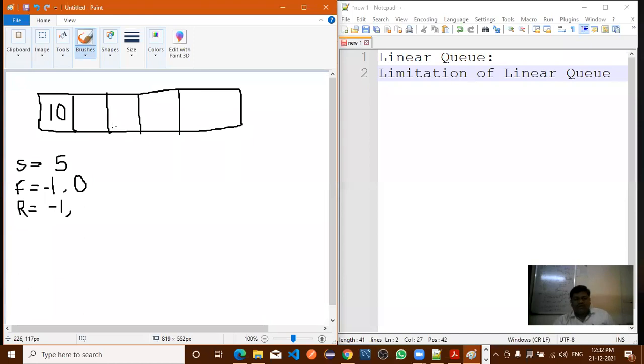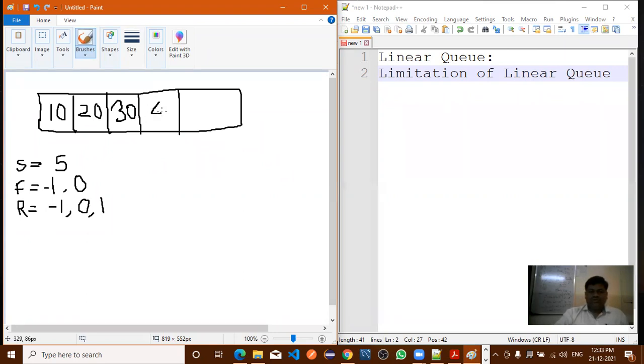Now what is the value of r here? 0. Now next I have inserted 20. What is the value of f here? The front pointer value will not change. What is the value of r? Now it is 1. Now the third element I have inserted in the queue, 30. What is the value of r? 2.